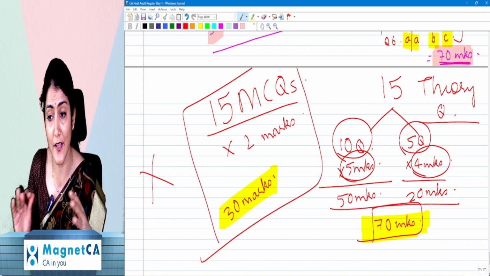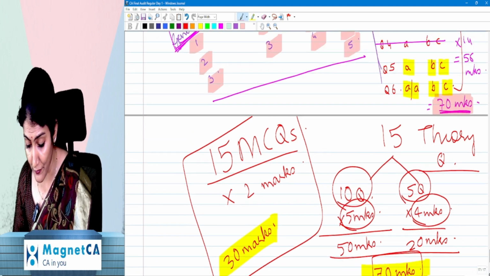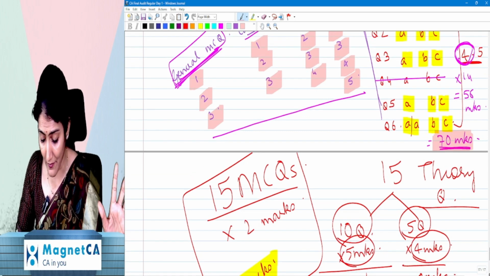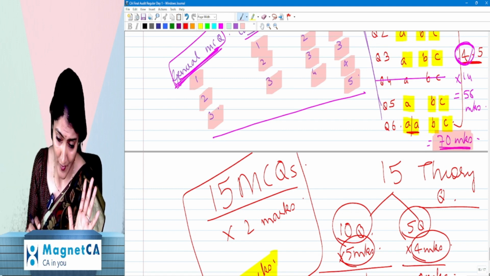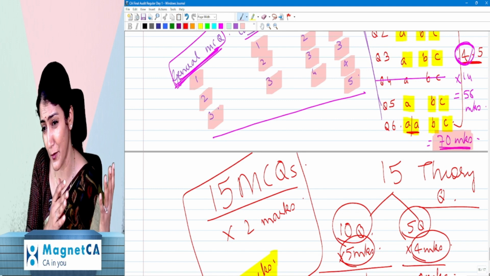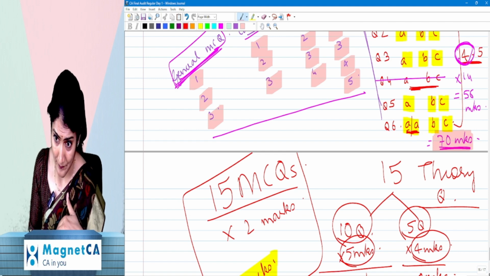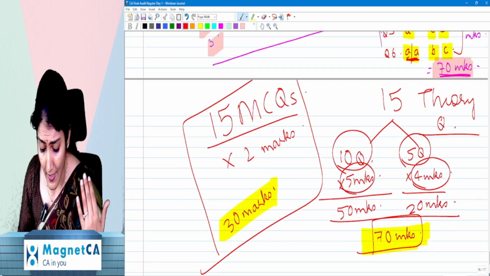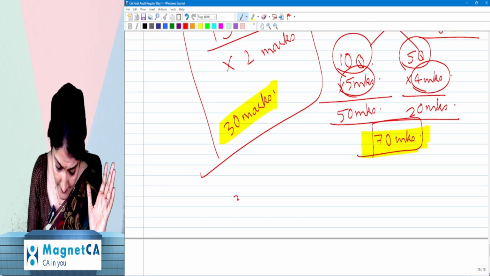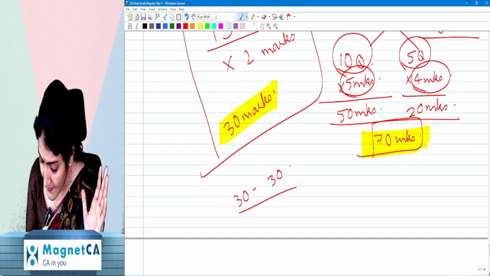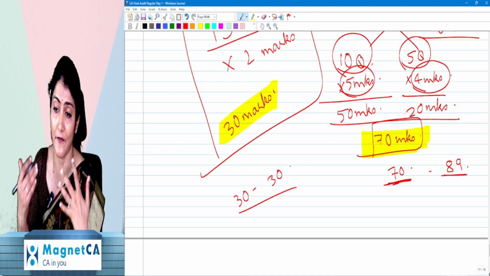No, absolutely no option there. In the theory part of the paper, yes, I have one option of the 14 marks. The entire one question I may not write. And if I select question number 6, I get the benefit of an internal option there. So my paper is going to be of 119 marks, out of which I need to write 100 marks. In that 30, no option, but in the 70 you have the option of 89, out of which you need to write 70 marks.